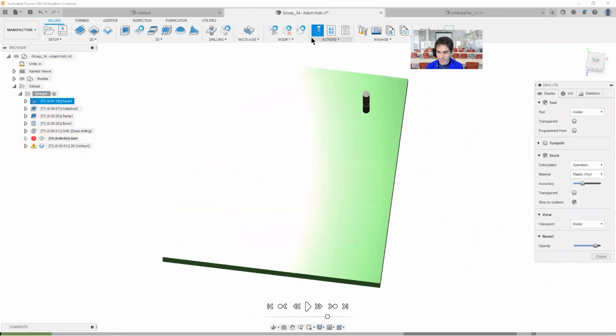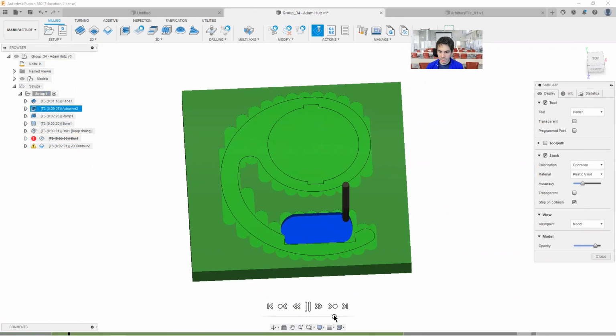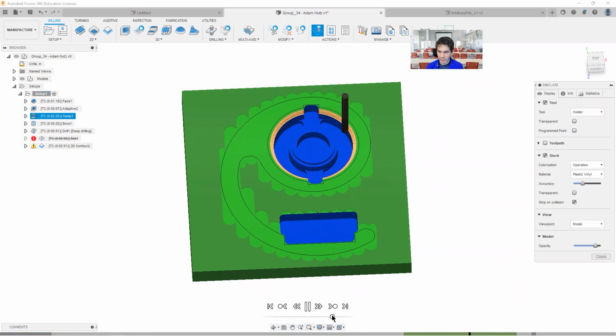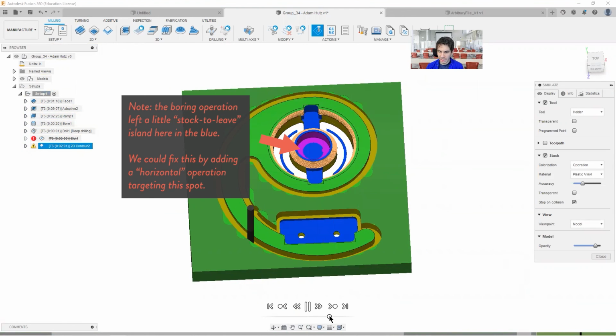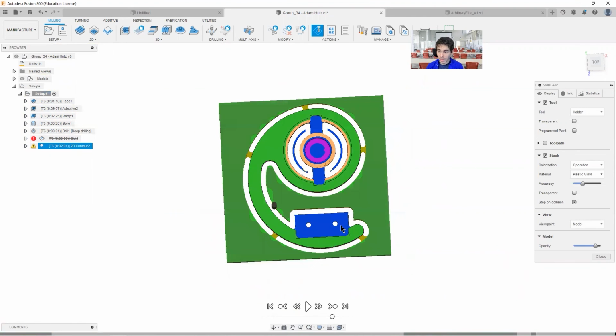Now, if we simulate it and hit play, we've got our facing operation, our adaptive clearing operation, our ramp operation, boring, drilling, and then 2D contour cutout with tabs. So pretty good. Actually, very little work in CAM in order to transfer those toolpaths that exist in our template